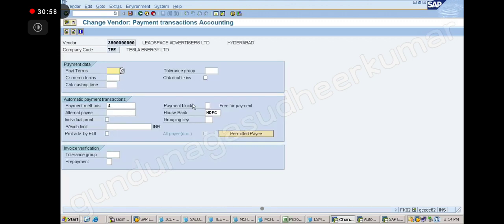Now you see individual here. Under the automatic payment APP section, this entire box is for APP. Here I will select the individual payment checkbox.